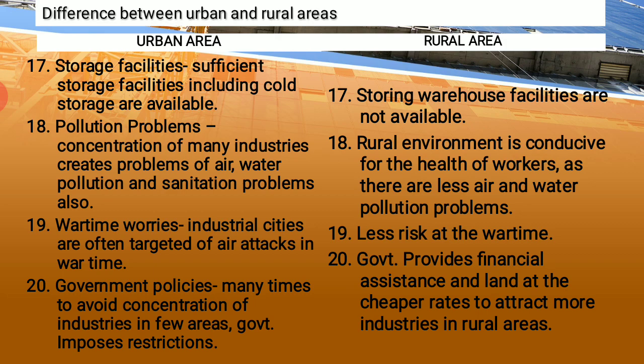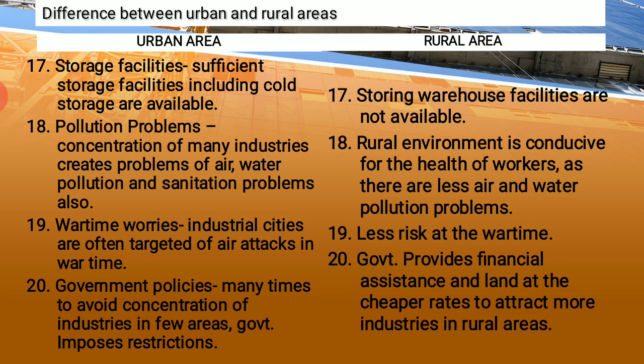Next, and the last one, that is 20th point, that is government policies. Many times to avoid the concentration of industries in few areas, government imposes more restrictions on the part of municipal corporation or local self-government, or maybe state government may be there as far as urban areas are concerned. They are very rigid about development of the industries, maybe because many industries have already developed there. The rules may be, or the policies may be really strong and rigid for the urban areas,